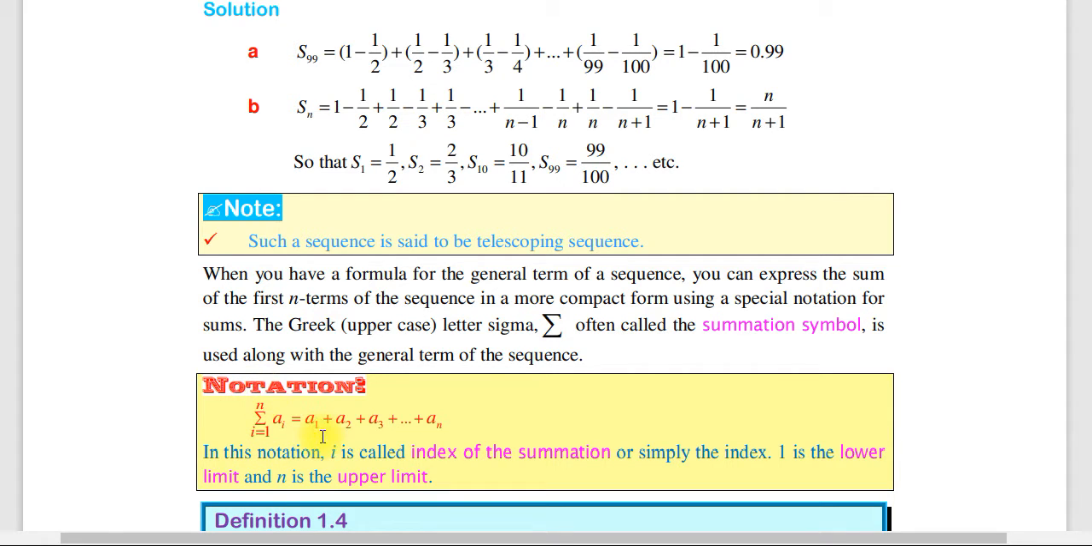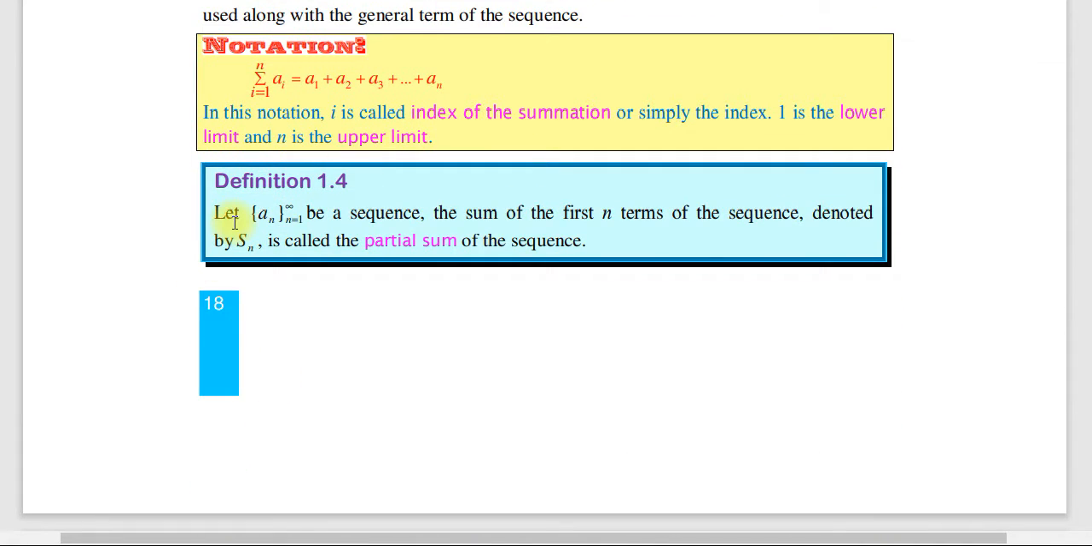ስለዚህ summation ስንጠቀም የምንጠቀመው symbol summation symbol እንለዋለን። Then the summation of a_i, i starts from 1 up to n, which is equal to a1 plus a2 plus a3 plus ... an ድረስ ማለት ነው። So in this notation, i is called the index of the summation, or simply the index እንላታለን። 1 is the lower limit and n is the upper limit። አሁን i starts from 1 up to n ነው፣ 1 lower limit, n upper limit ነች፣ i index ነች ማለት ነው። ስለዚህ ሳሜሽናችንን በእንደዚህ አይነት ፎርም መግለጽ እንችላለን።